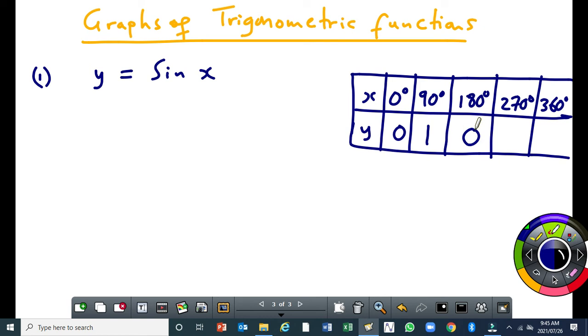Sine 270, that's minus 1. Sine 360, that's 0. You can verify that with your calculator. Then you have to use that table of values to sketch the graph of y equal to sine x. So to sketch it,